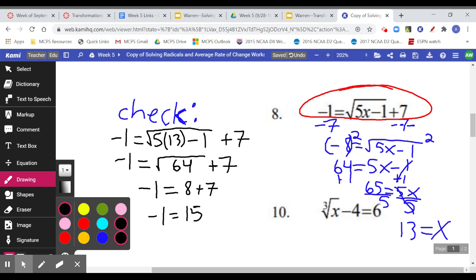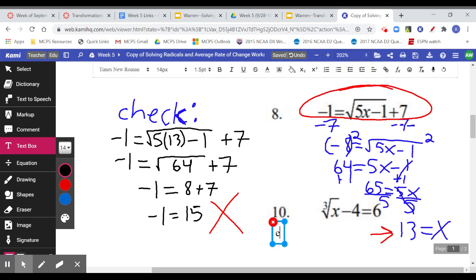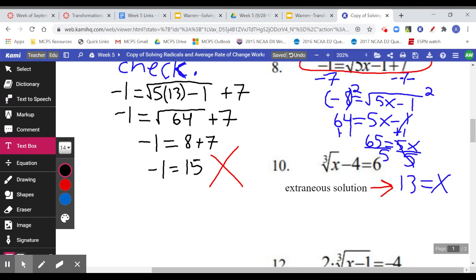So, what happened here? Well, those two numbers do not equal each other. So, what that tells me is that my solution that I got earlier is an extraneous solution. Okay? That is an extraneous solution. And what that means, how I would write this answer, and please